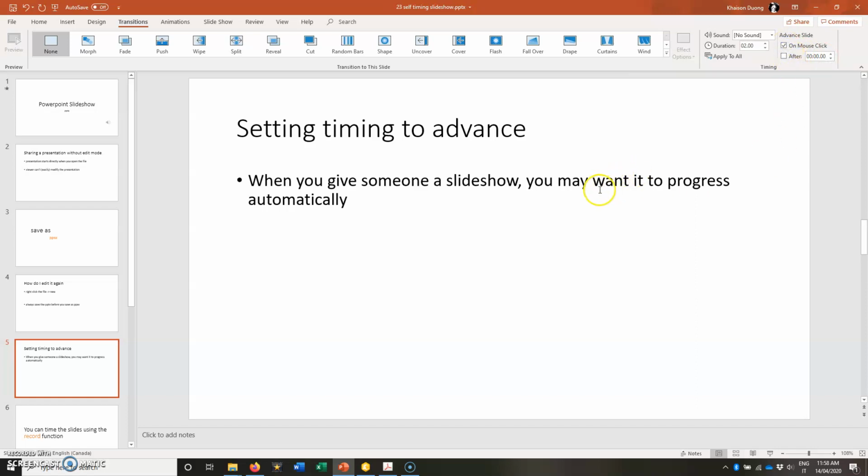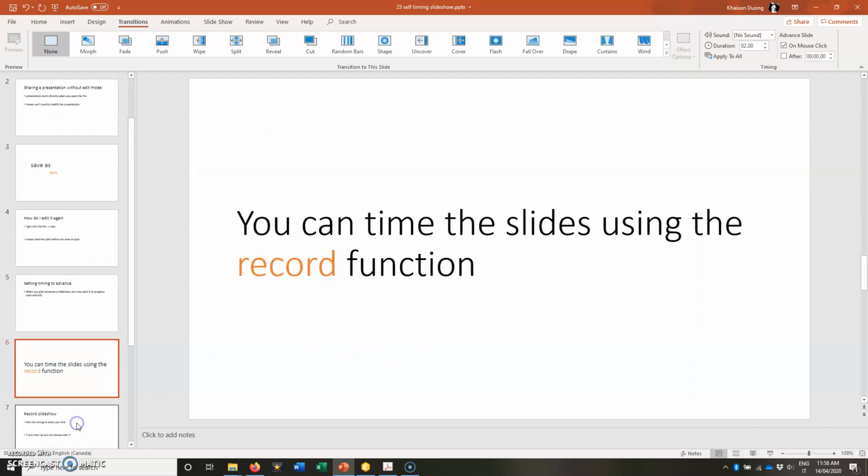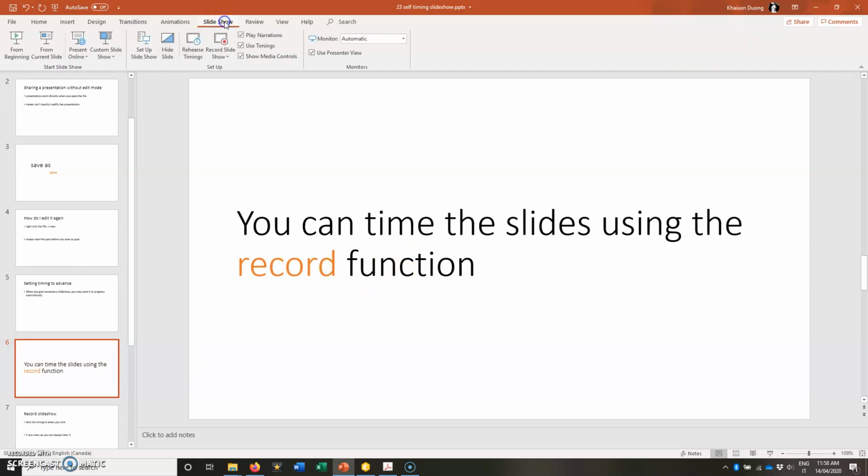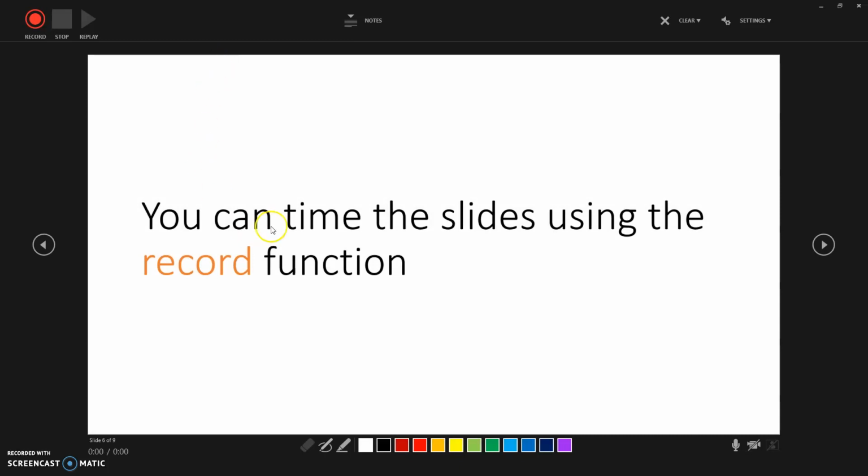But I'll show you a better way, especially if you're planning on this being an actual presentation: you can use the record function. That's in here, Slide Show. You're going to record your slideshow, including the narrations, timings, etc. So let me just try this out. You can see here your presentation. You can even draw with a pen and point to things during your presentation if you record in this way. Okay, so I'm going to hit the record button,